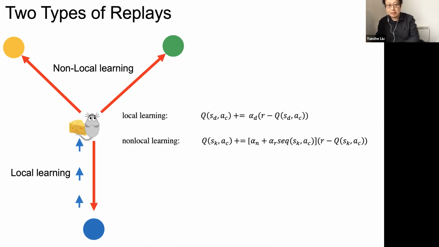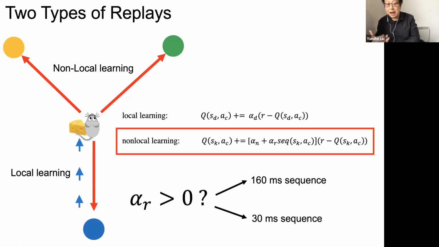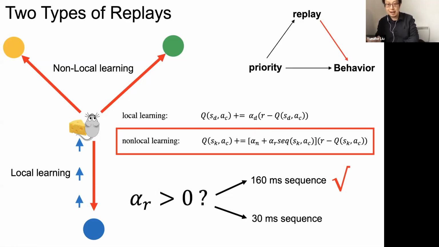The idea is to say, does the inclusion of sequence significantly increase the learning, i.e. the learning rate we put on the replay, while already taking into account the baseline that doesn't care about replay. And now we can say, does 160 millisecond increase non-local learning or does 30? So the answer is 160 millisecond sequence. The inclusion of that does facilitate learning. And that establishes another line of this triangle, i.e. replay does support and facilitate non-local learning.